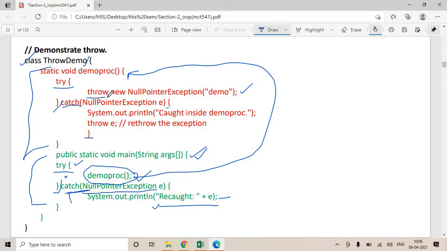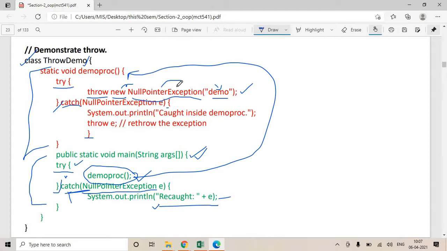You use the throw keyword, new NullPointerException, and a string message. Basically, new creates a new object which represents NullPointerException, and we are passing a string message to the constructor of the NullPointerException class.